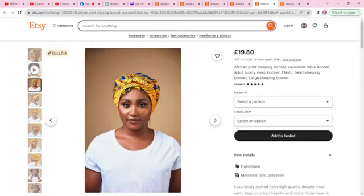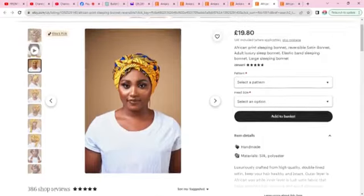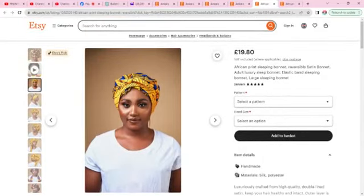So you can imagine, if this person is already at 386, it means that this person has possibly sold more than 386 of those items at £19.80. So you can see there is a market for this. All you need to do is make it high quality, because people who buy will likely refer or contact other people, and they may also come back and buy other products that you have, or repeat buying the same product again. Another thing you must also understand is the fact that